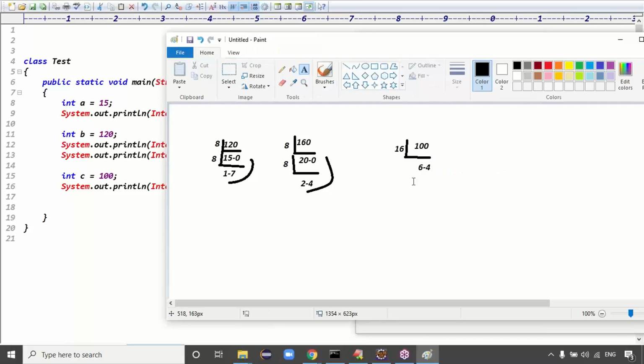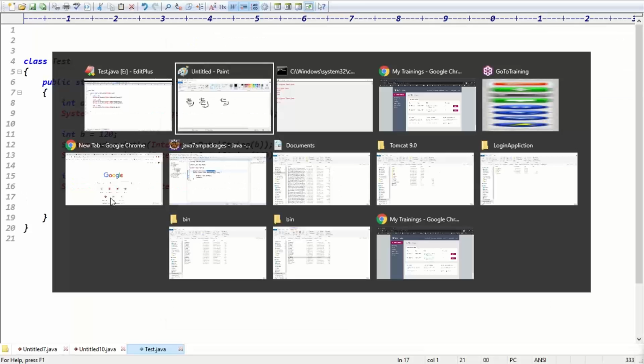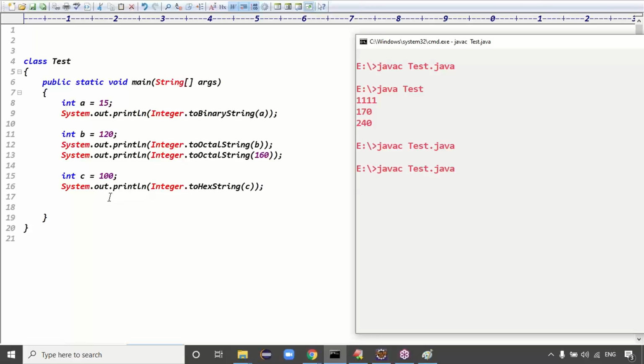So what is the expected value now? Guys, what is the expected value? We will get 64 as the expected value, right? 64 is the expected value. Then you can compile and run this code. The code is compiled fine. The class is called TestClass. We got the output 64, right?